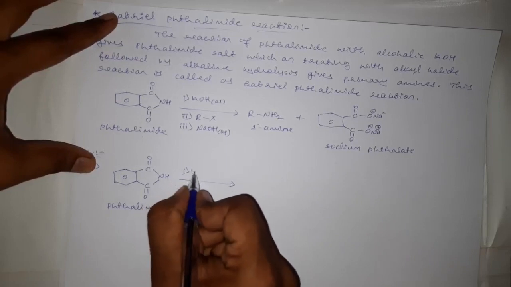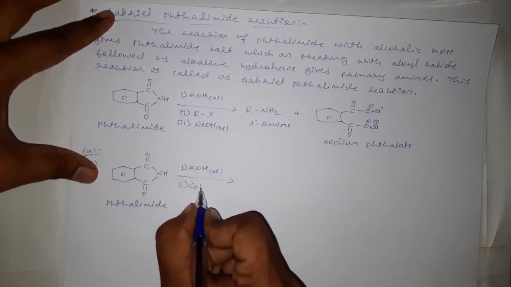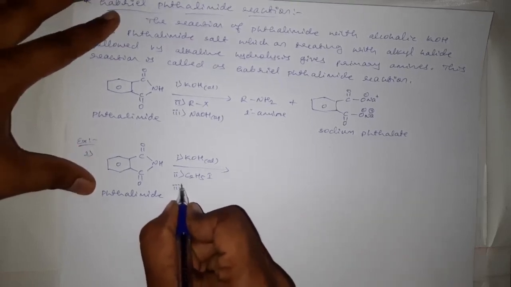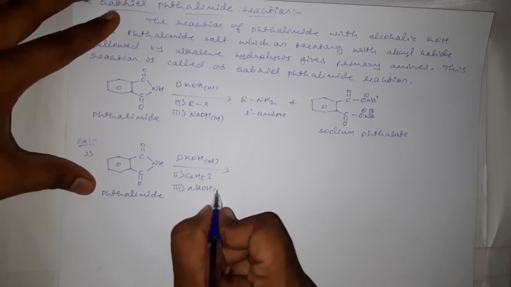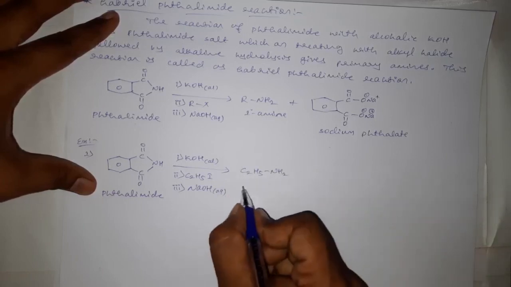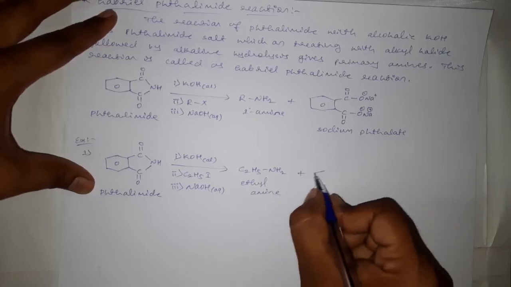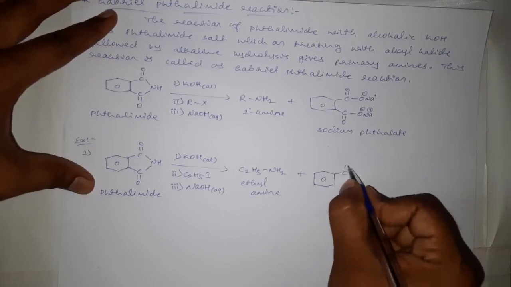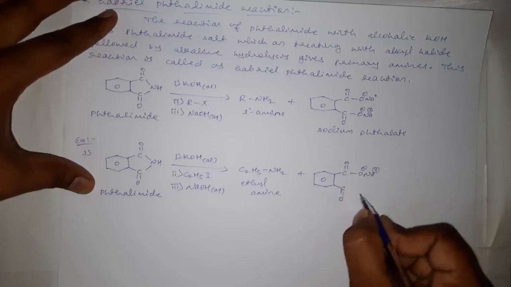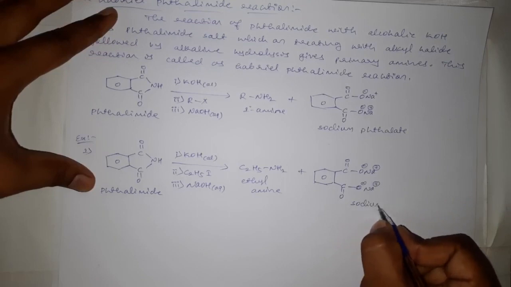When it is treated with alcoholic solution of potassium hydroxide along with C2H5I, that is ethyl iodide, and on adding aqueous sodium hydroxide, we will get C2H5NH2, ethylamine, a primary amine, along with the formation of O minus Na plus. This is what? Sodium